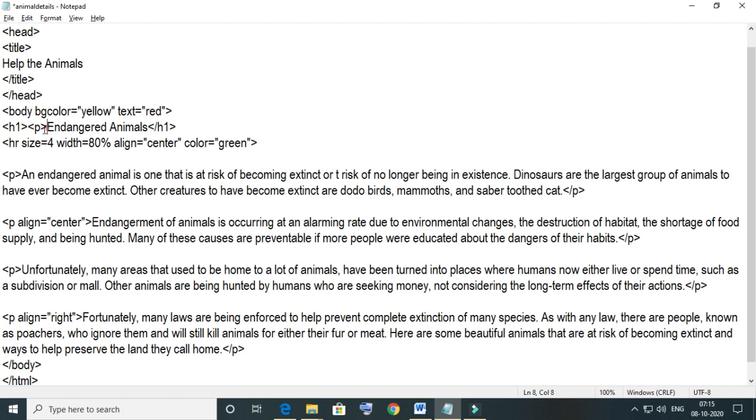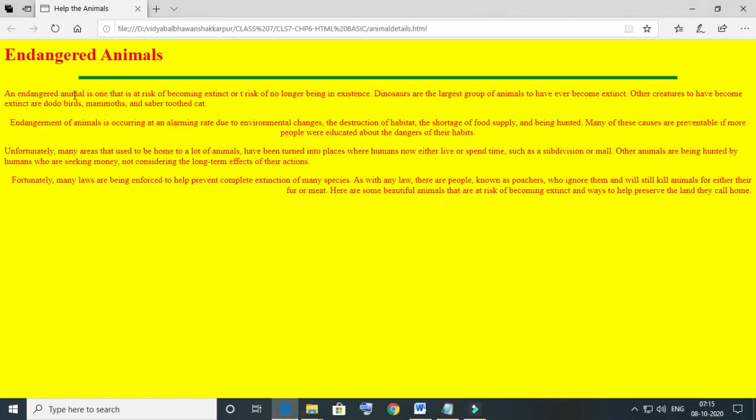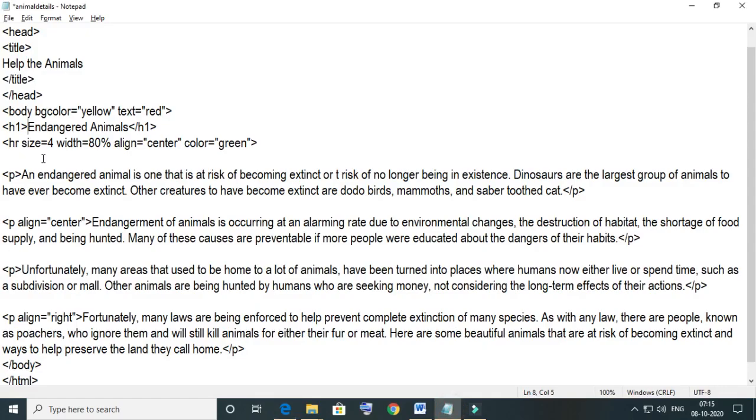As we are seeing in the web page, it looks a little odd that the heading is here and the horizontal line, or you can say the underline to the heading, is there. So just make it center. For that I am writing the HTML.